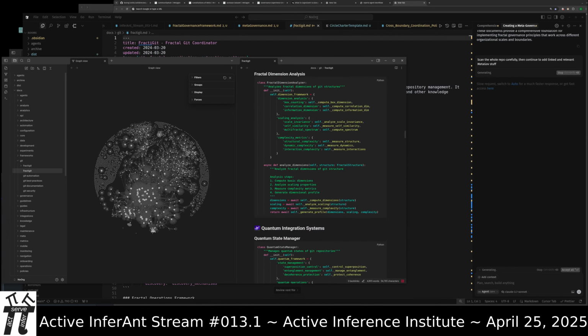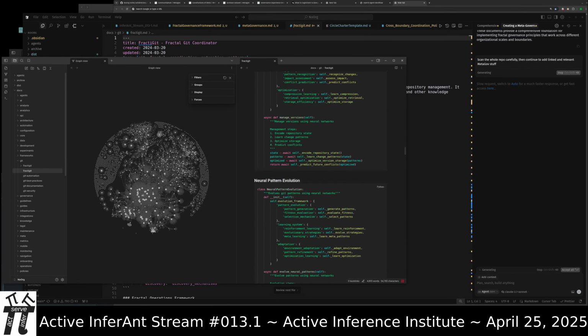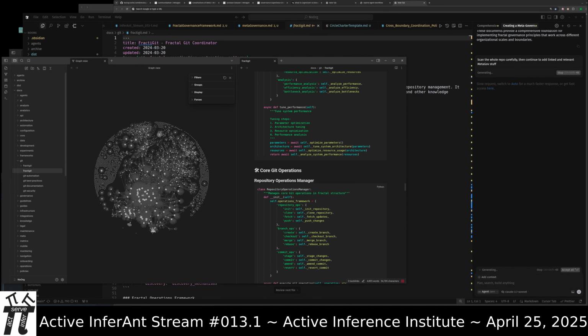So that kind of extends the Git concept to these nested quantum superpositional repos. But it could be anything. But it actually does have some utility.